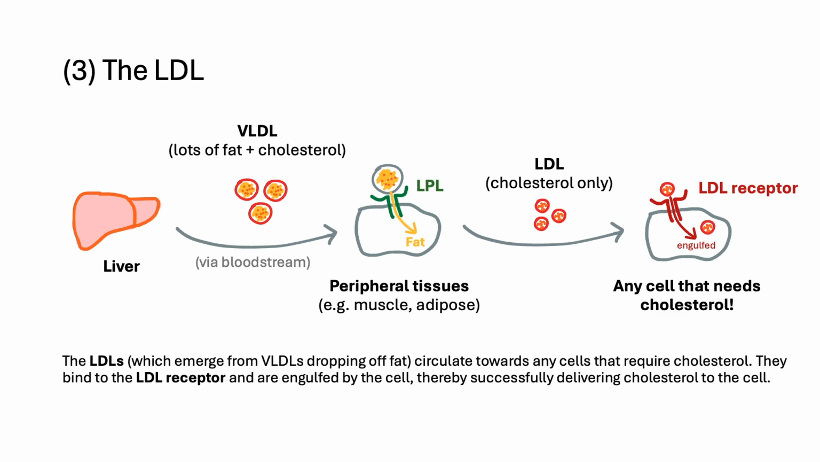So, the LDLs, which emerge from the VLDLs after dropping off the fat, circulate towards any cells that require cholesterol. They bind to the LDL receptor and are engulfed, thereby successfully delivering cholesterol to the cell. All cholesterol is transported to tissue cells via LDL. So any cells that need cholesterol will say, I need cholesterol, it will raise its LDL receptor, and it will receive cholesterol via LDL. And so that's the story of LDL, which brings us to our fourth and final lipoprotein,